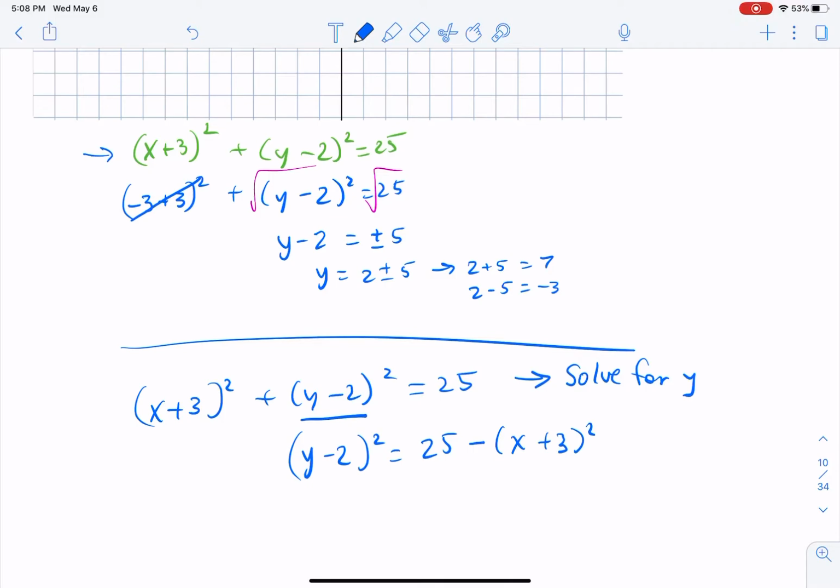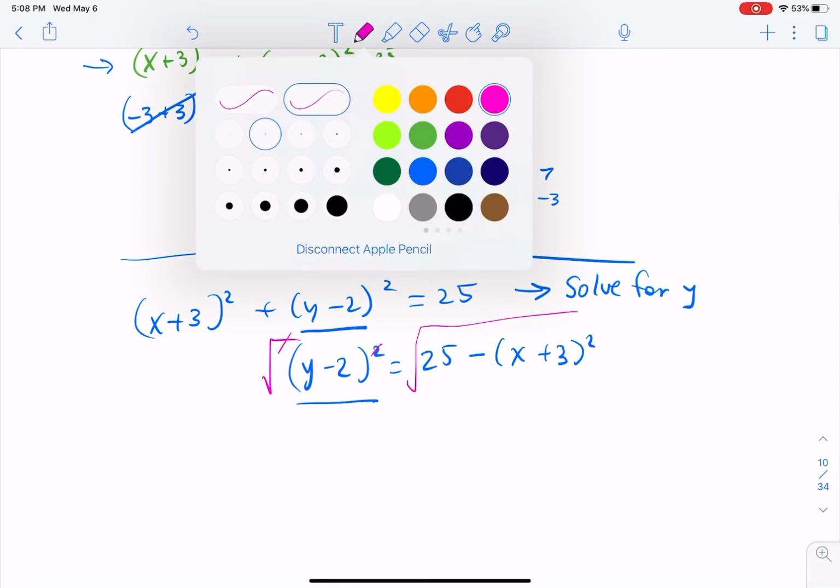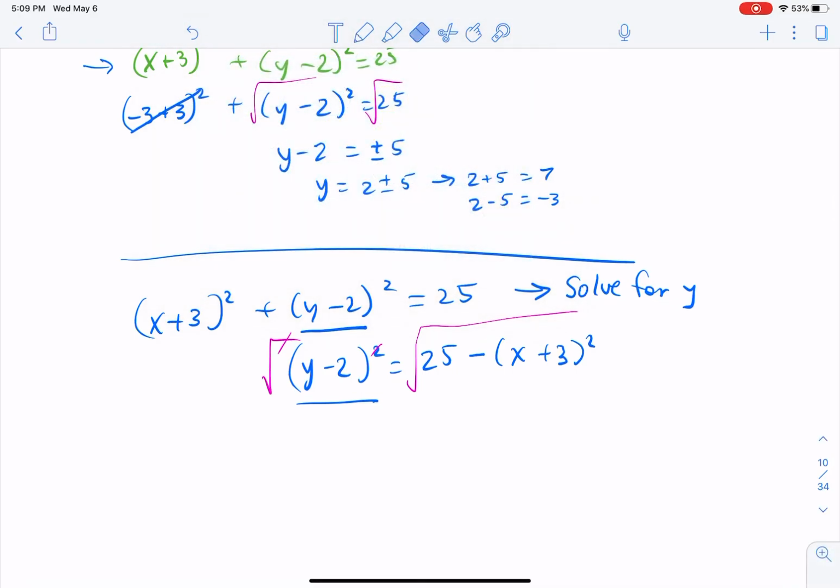Okay, just very similar to what I did right up above here. Now I want to unsquare this. I want to try to get the y by itself, so I have to get rid of the square. And I'll get rid of the square by taking the square root of both sides. So square root on that side, square root on that side. On the left-hand side, the square root and the square should cancel out, and I will be left with y